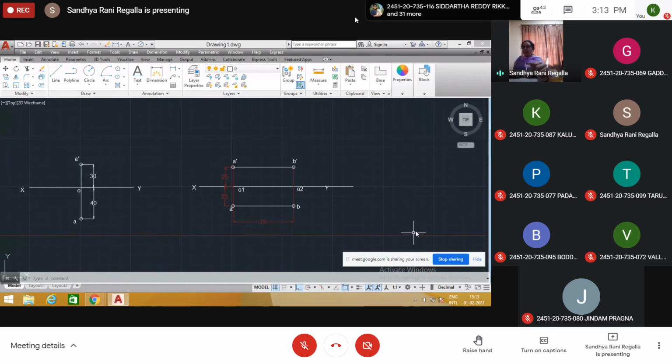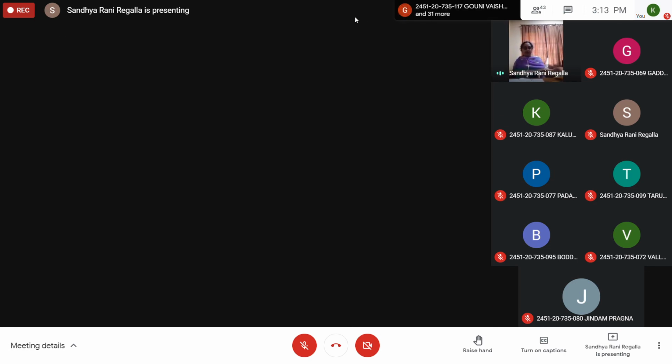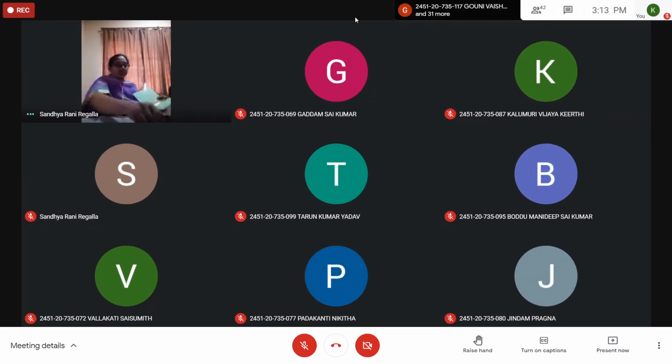So parallel to and 40 mm in front of VP. Parallel to VP. This is VP.